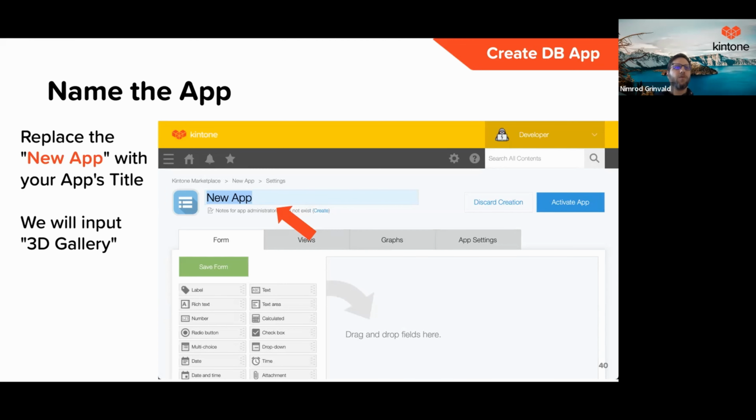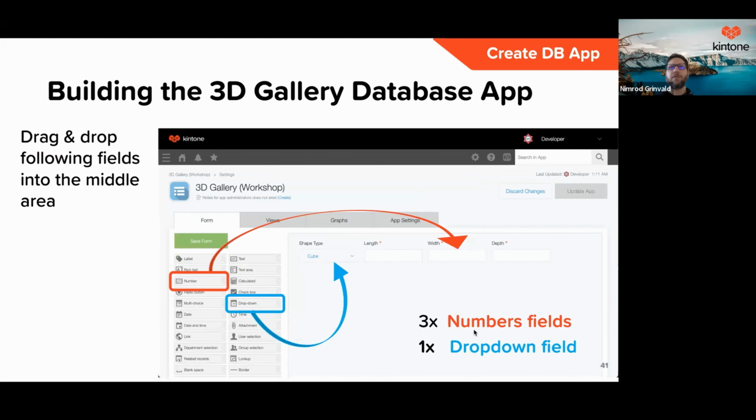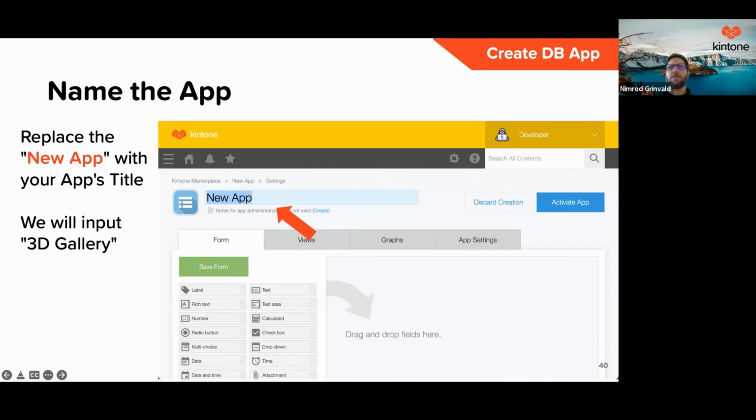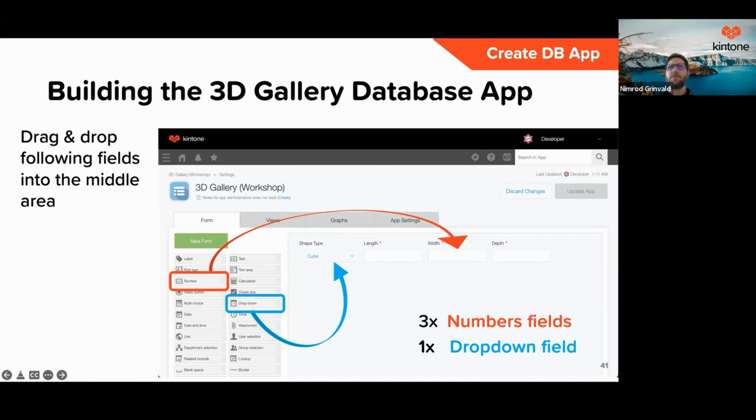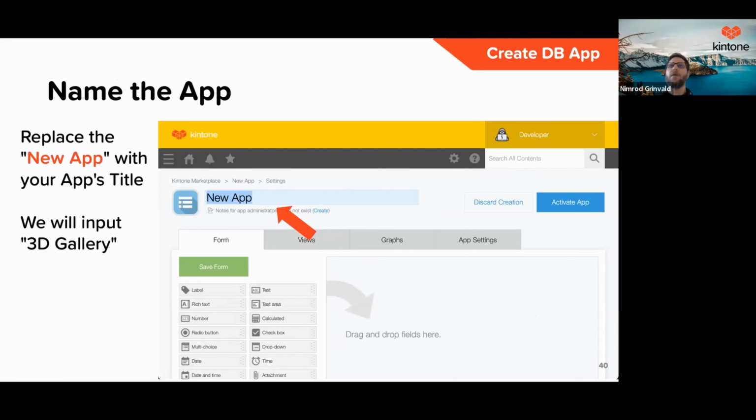And so what we're going to do over here is just that. First, you're going to rename this app 3D Gallery. Okay. And from here,